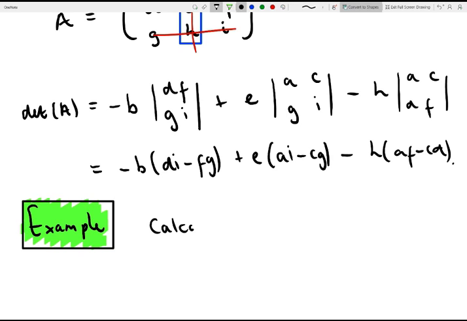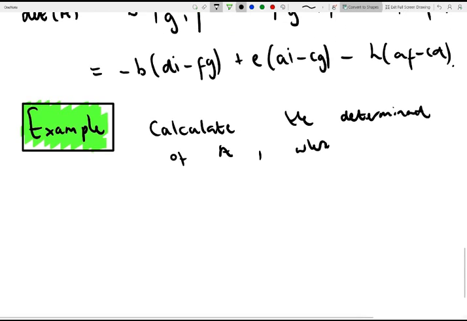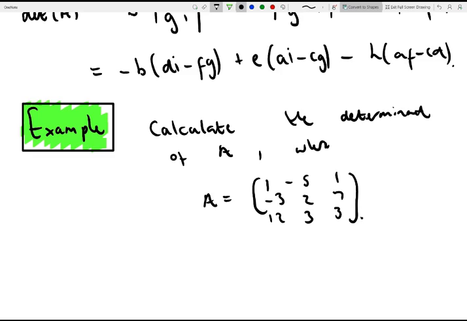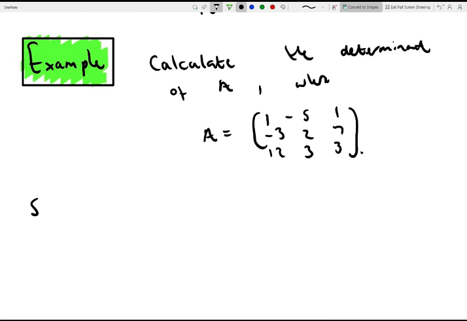Calculate the determinant of the matrix A, where A is 1, minus 5, 1, minus 3, 2, 7, 12, 3, and 3. So our solution